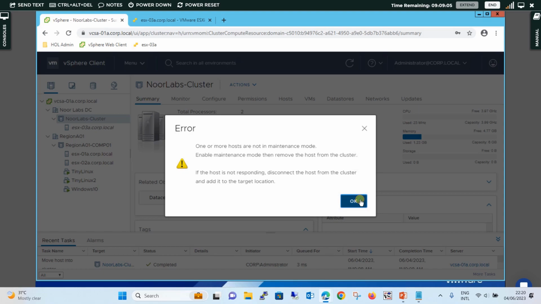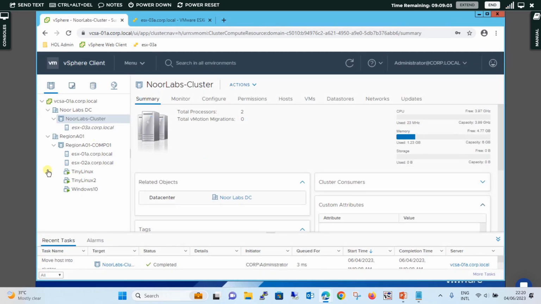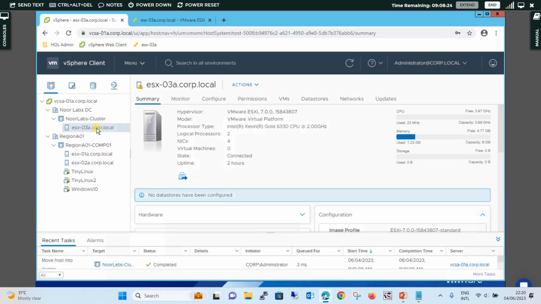Okay, what does it mean? See, when we added the ESXi3 host in the cluster, it went easily. Now you want to remove this host from the cluster, and it is not allowing you to remove it. It is saying that if the machine is running, then you cannot move it out of the cluster. So to remove it, you have to put this machine in maintenance mode again, and only after putting this machine in maintenance mode will you be able to remove it from the cluster,